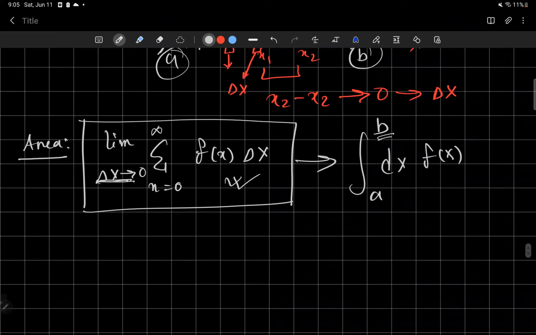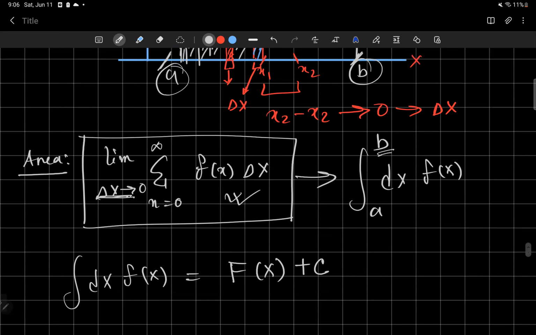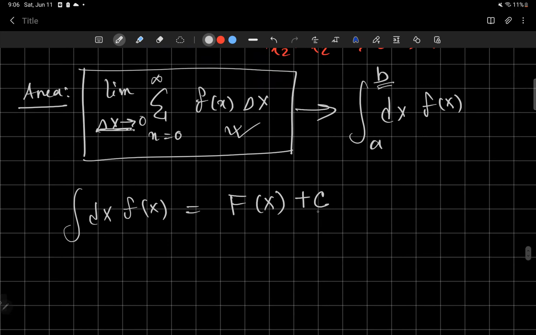And how do you evaluate this? Well, let's assume this is some capital F of x, by which I mean that if you have the integral of f of x dx, the indefinite integral would give you this thing, plus C, let's say. Now, this is arbitrary,